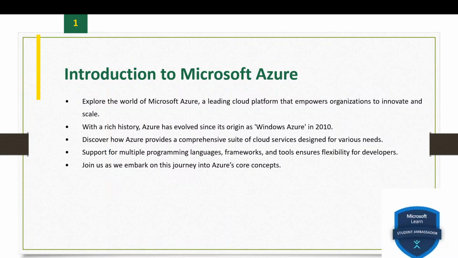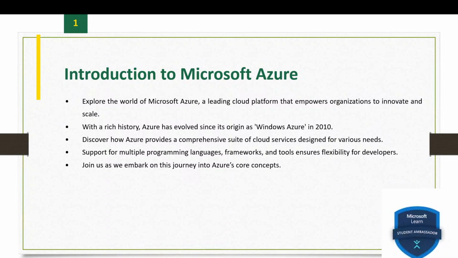Azure is Microsoft's cloud platform that offers a wide range of cloud services, including computing power, storage options, networking capabilities, databases, AI tools, and much more. These services are hosted in Microsoft's global network of data centers and can be used to build, deploy, and manage applications and services through a global network.